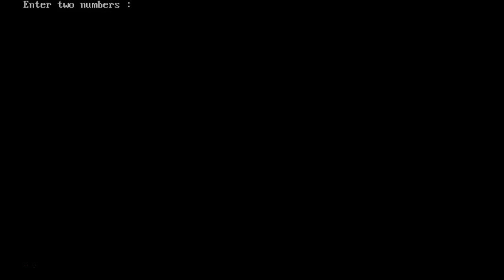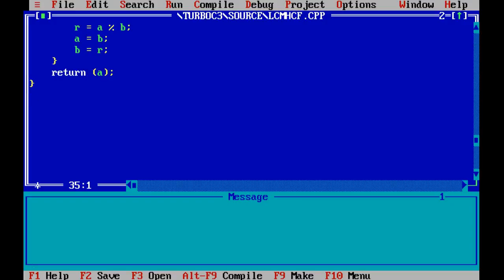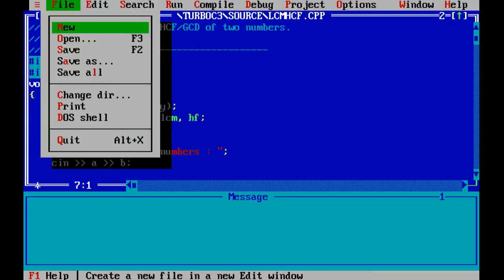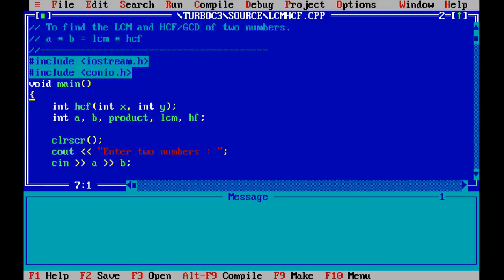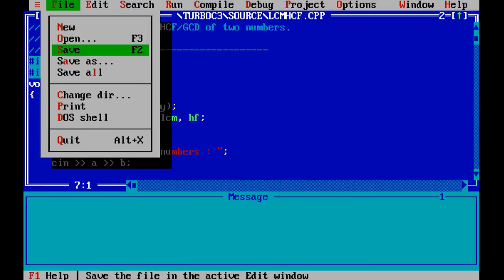Great. Now let's say 3 and 12. So highest common factor is 3 and LCM is 12. Great. So that completes our assignment. So let's save it and let's quit.